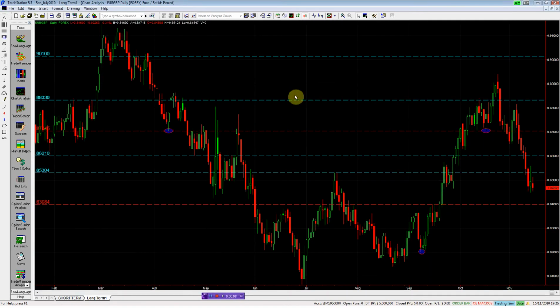Euro pound. Now, it's quite interesting, this euro pound, because the euro pound is pretty smooth. It's a nice pair. It's a nice pair to trade. And what we can see here, I mean, this is just,